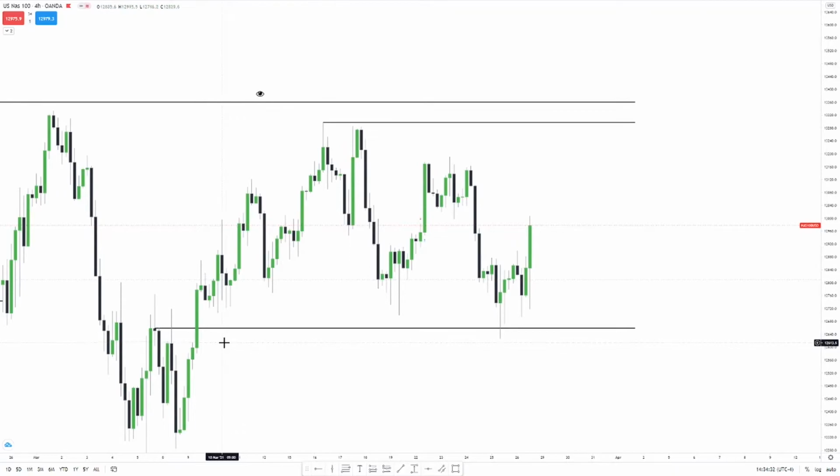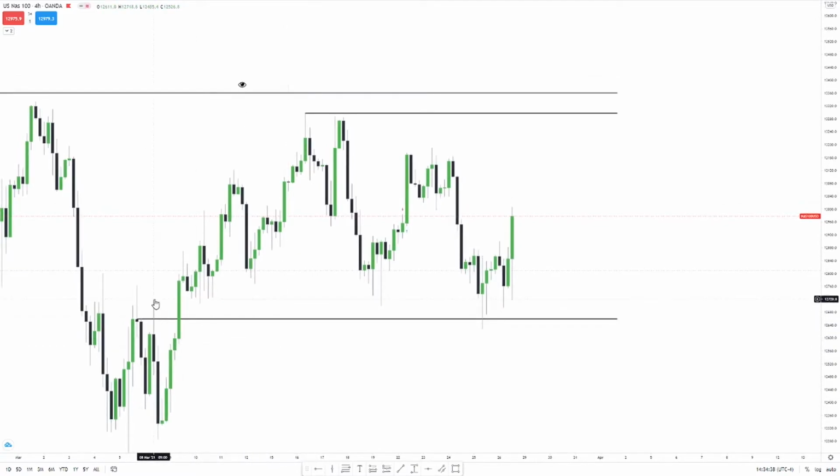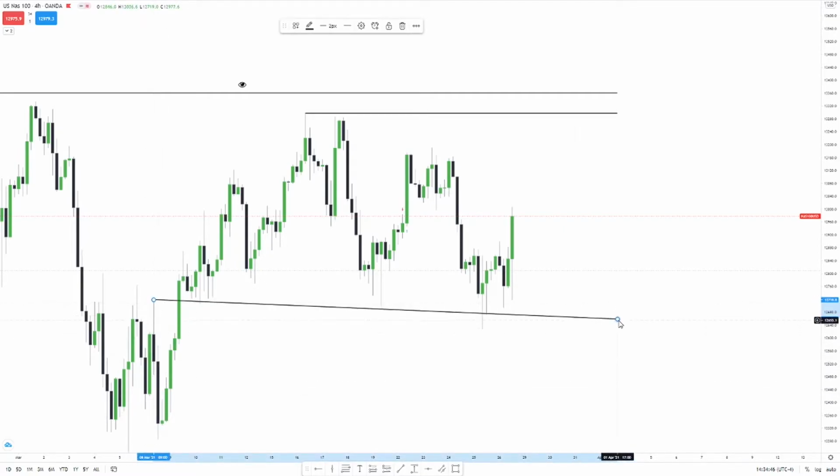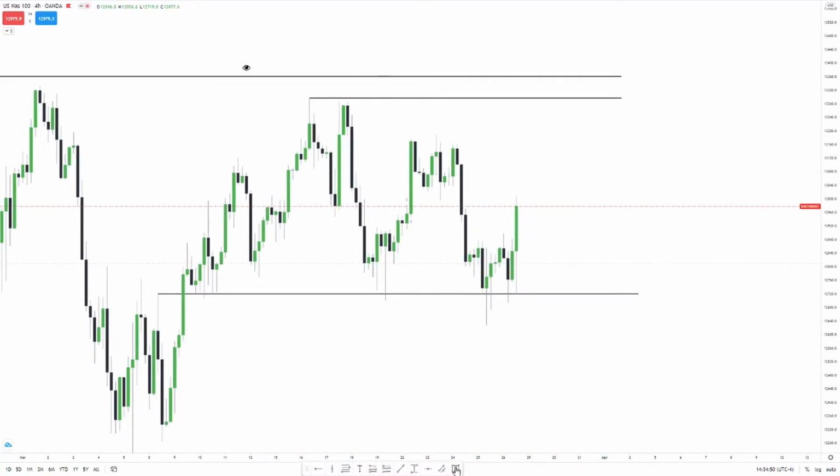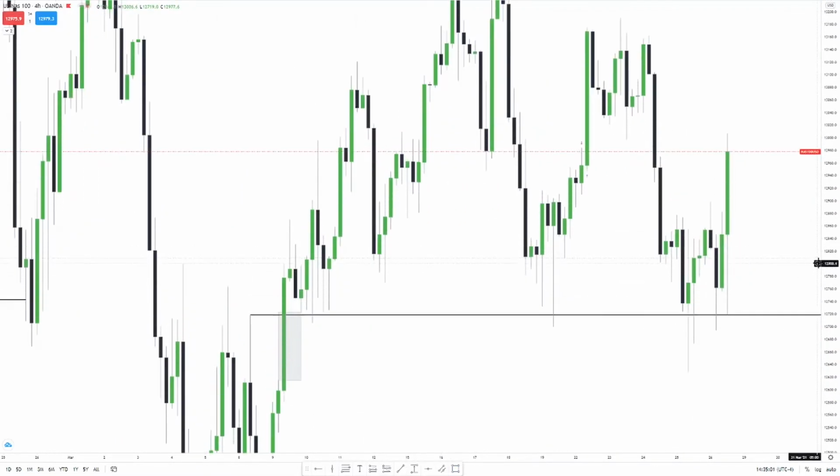you could use these last 3 candles or the last 2, and obviously the wick of this last down 2 candles also notes an order block, right? So could use that, and obviously from this high of this candle to this low right here, right, you can see in this shaded region that